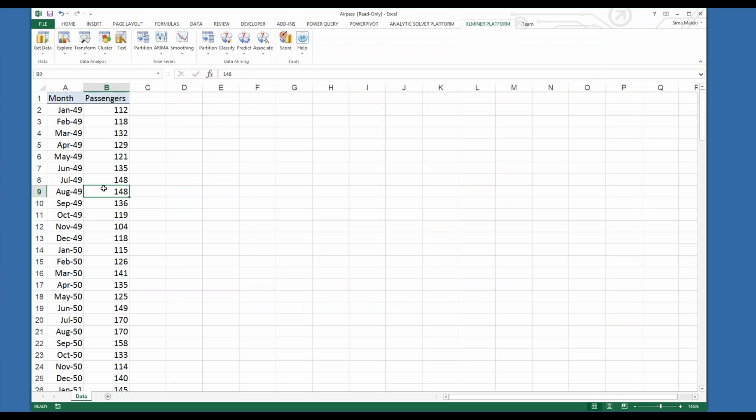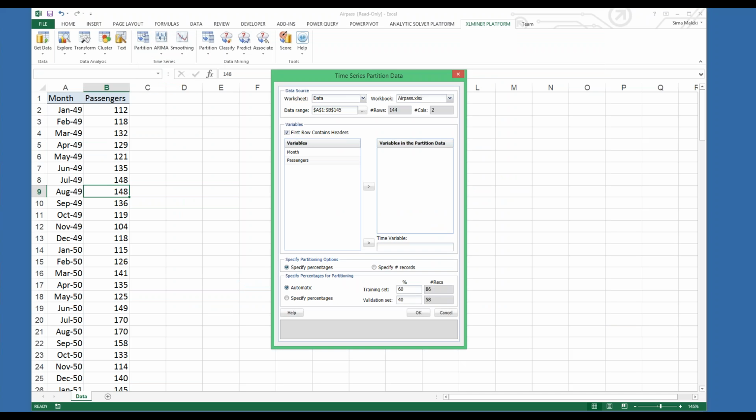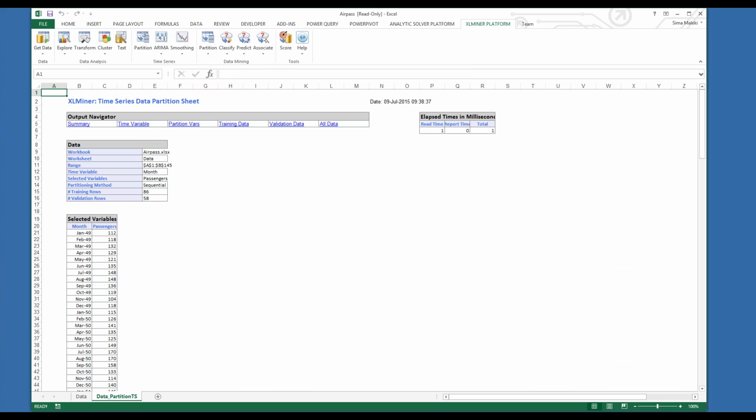Now we have to partition this data. This time, instead of using the partition on the fly, let's choose the partition button on the ribbon. So month is our time variable, and passengers is our variable in the partition data. Let's accept all default settings and click OK. Here's the data partition